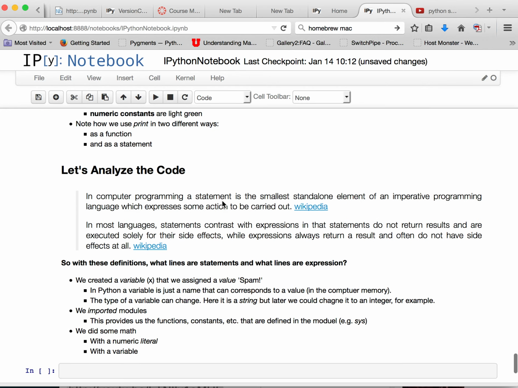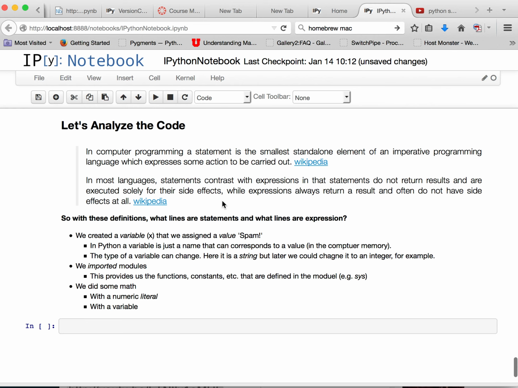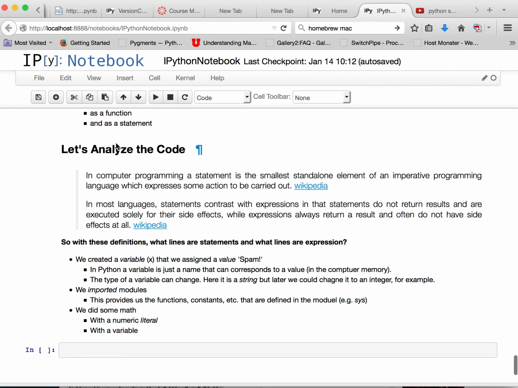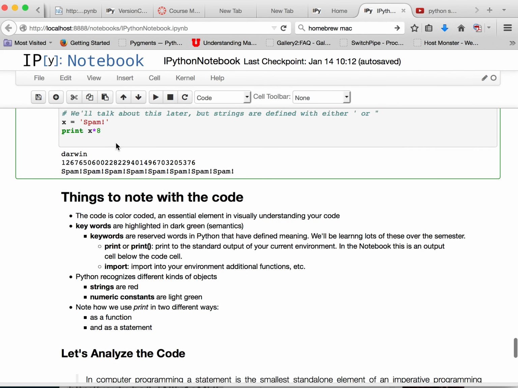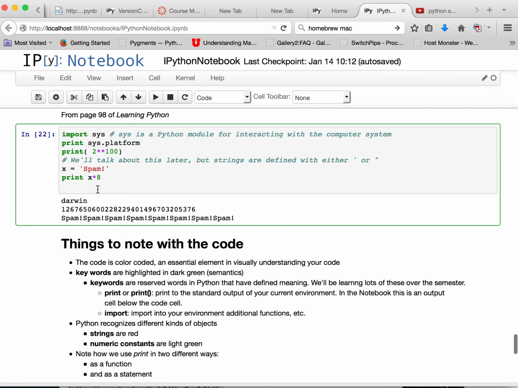Just some notes about statements and expressions, details that won't really matter to us, but I'm putting it there for completeness. But again, to highlight some of the important things that we're going to get up to that we haven't talked about: like I said, we created a variable named x. So x is just a name, a location in the computer where I'm saving some value. And in this case, I'm saving the value spam. We did some math. Here we did the numeric literal 2 raised to the power 100. And then we did some other things. Like I said, we did the string repetition